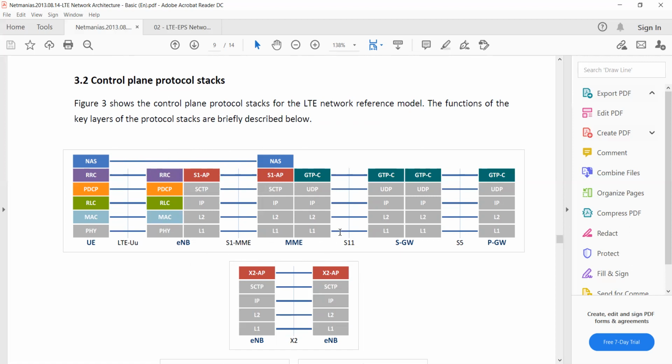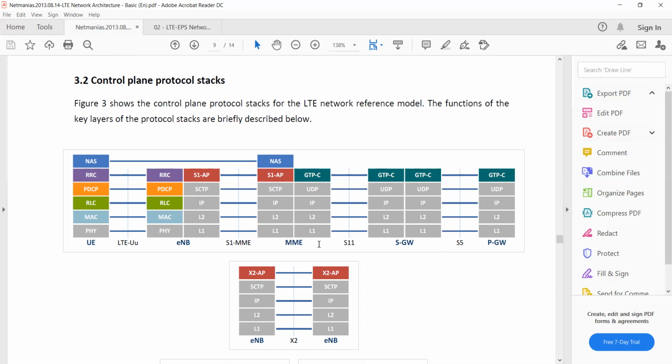So what about the other part? No need, the other part is not needed, because it comes into the EPC core network. We are not going to study core network testing in depth. That's why I am leaving it. If you want, you can draw one more part here, MME to S gateway internal stack. Yeah, this one you can draw as one more thing, it will be useful.